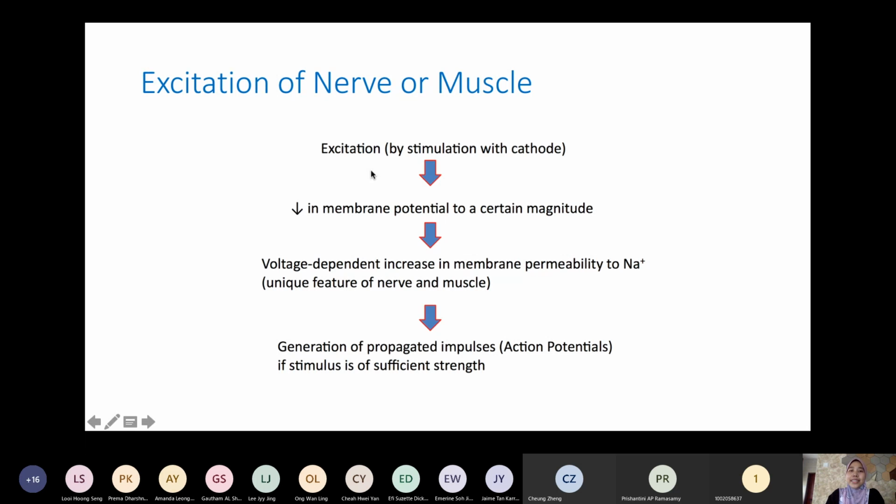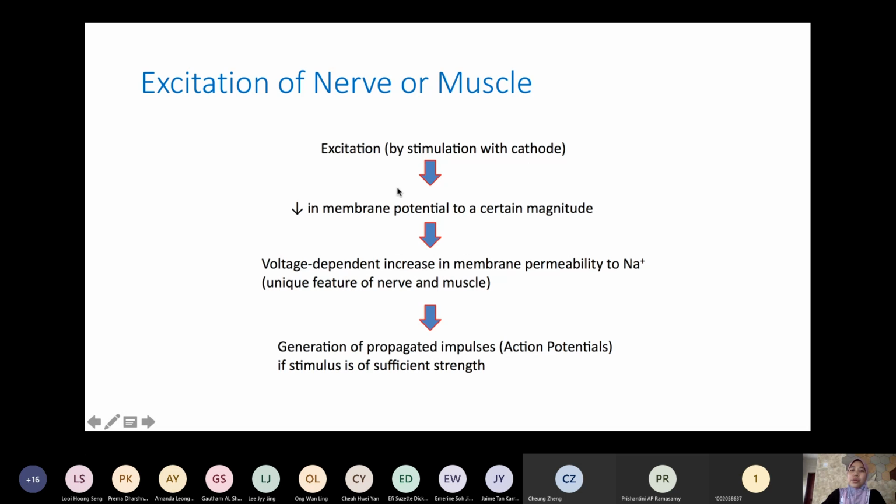So, excitation could be stimulation by the cathode. Cathode means the positively charged electrode. It's not necessarily the cathode, but this is in a lab, how they're going to give the electrical current, or how they're going to excite the nerve cells, the nerve tissue. They give a stimulation by using a cathode. Please bear in mind that during resting time, the inner cell of the nerve tissue itself is negative in charge. When they give a positive charge to the nerve cells, they will start changing the membrane potential. So the action potential will occur.